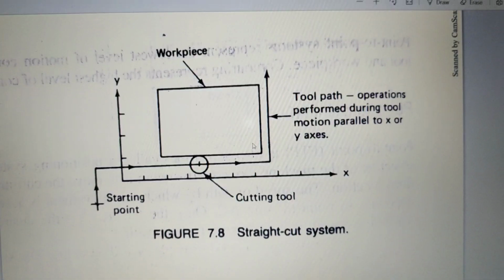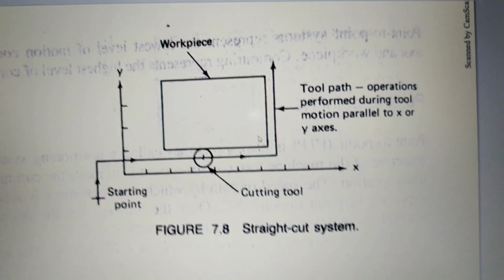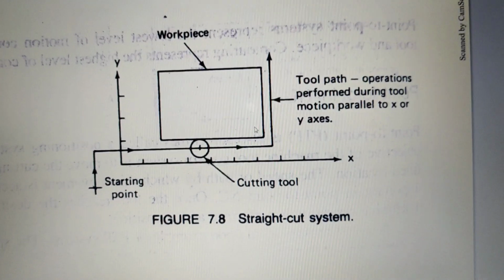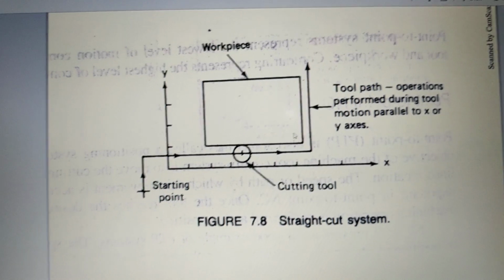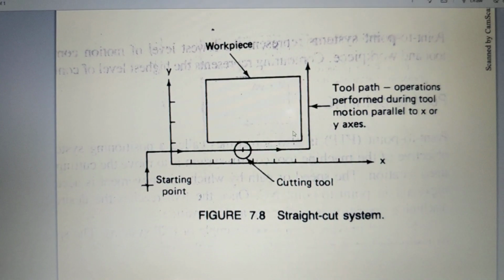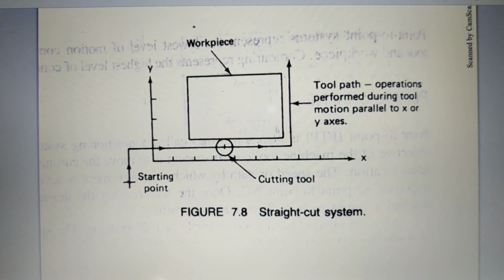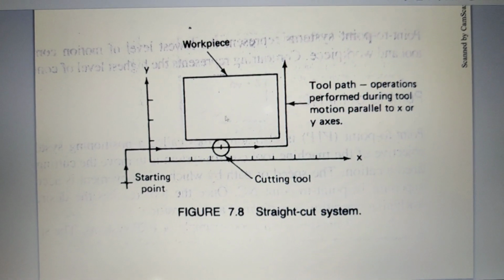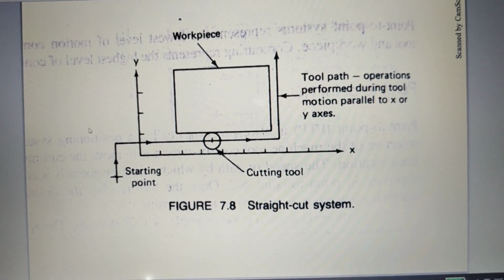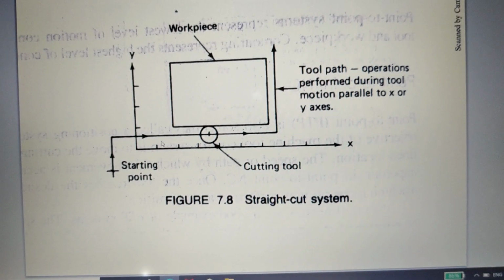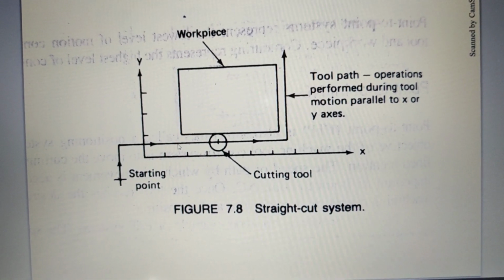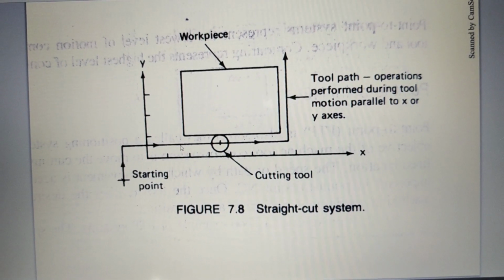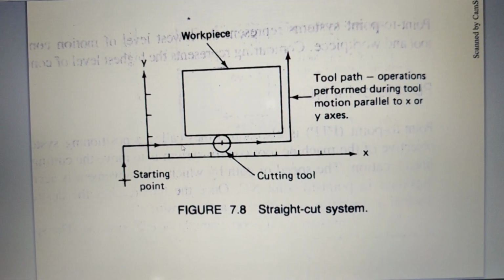Here the drawback is it cannot do the machining where multiple axes are controlled. You cannot control more than one axis at a time. That is, you cannot machine inclined lines. If the profile is an inclined line, you cannot do the machining. And if the profile is an arc or part of a circle, you cannot do